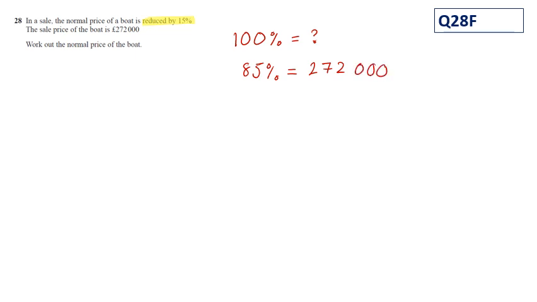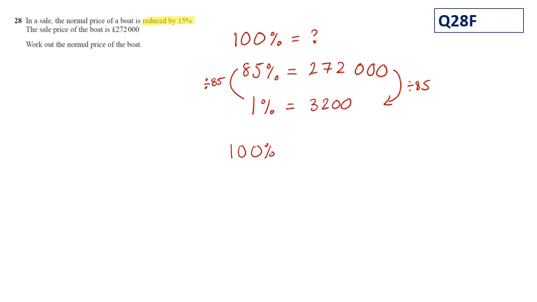Now to find the original price of the boat, I can do it in multiple steps, or I can do it in one step. For this question, I'm going to do it in multiple steps. So I'm going to find first 1%, and then from there I'm going to find the original 100%. So to find 1%, I'm going to divide the reduced price by 85, because £272,000 represents 85% of the original price. So I'm going to divide this by 85, and if I pop that into the calculator, I can get an answer of